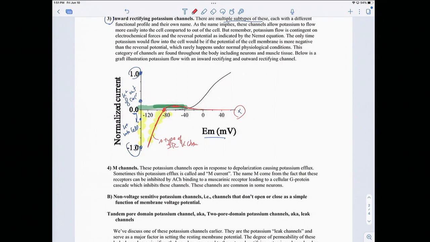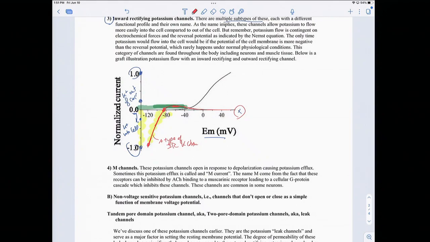And again, it kind of makes sense. If I'm sitting at, say, minus 120, that's pretty negative, right? And you're not going to get minus 120 in real biological systems. That's only in experimental situations where you could do that. But if the membrane were sitting at minus 120, then the potassium wants the potential to be minus 83. So potassium is going to be flowing into the cell,